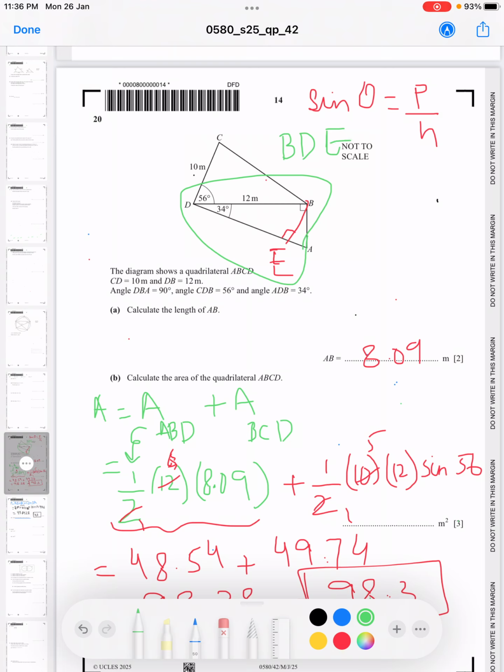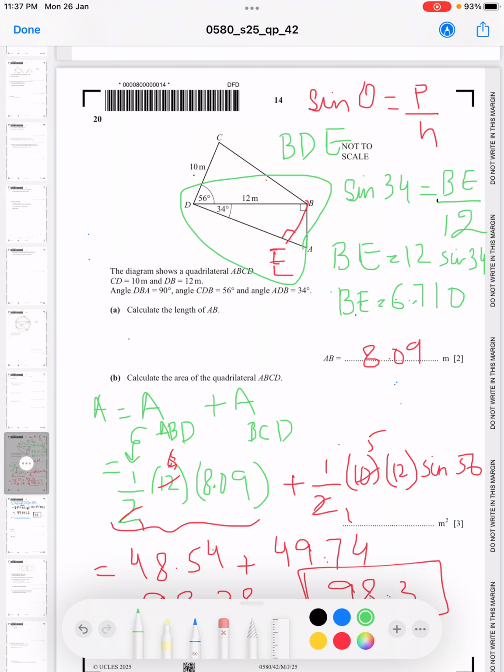In this case, the angle is again 34, sine 34 equals to perpendicular BE and hypotenuse is 12, right? Just cross multiply it, you get BE equals to 12 sine 34,